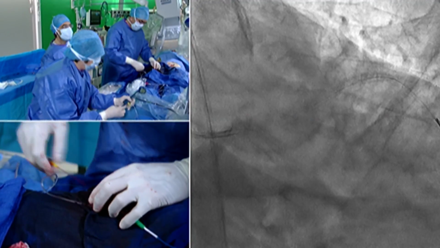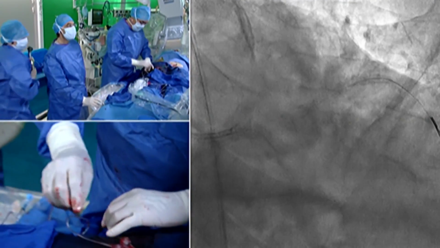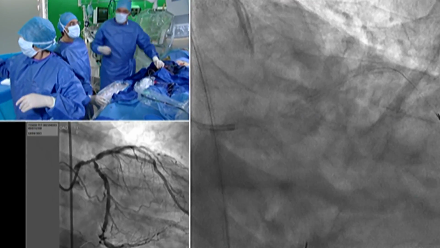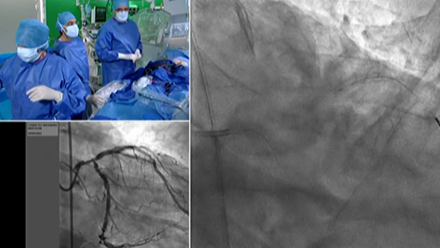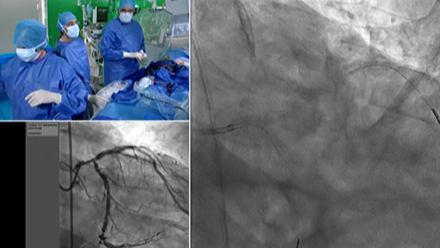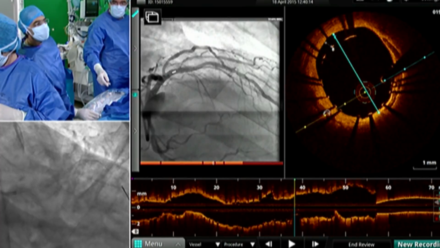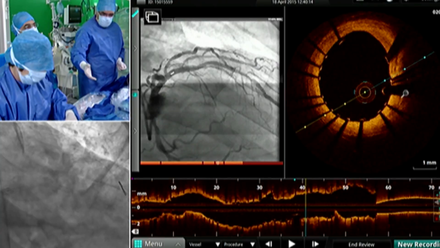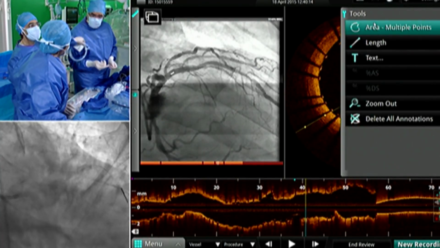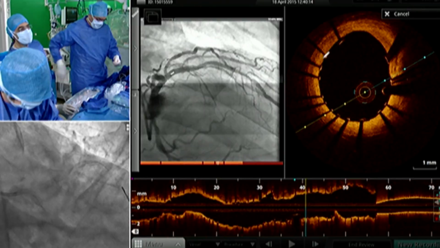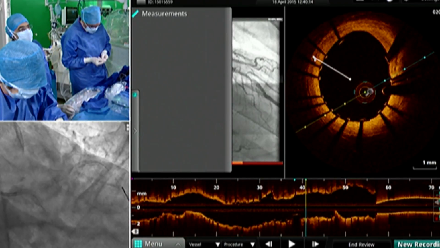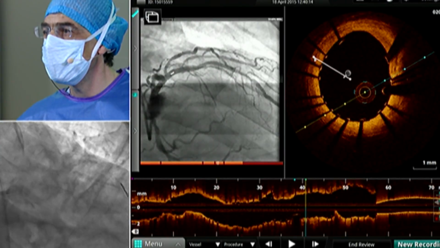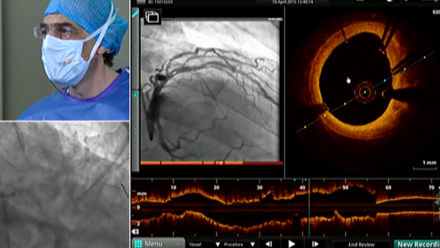So the lumen is 3.86, but the vessel is more than 4. So I think that 4.0 in the proximal LAD, it's okay. So normally we are taking a couple of measurements. One is on the lumen, but the second one we are trying to watch to the media to media. Here, for instance, you may see while Jean is working, how we are measuring the media to media, because here you can see that you can measure the media to media. Let me take this point